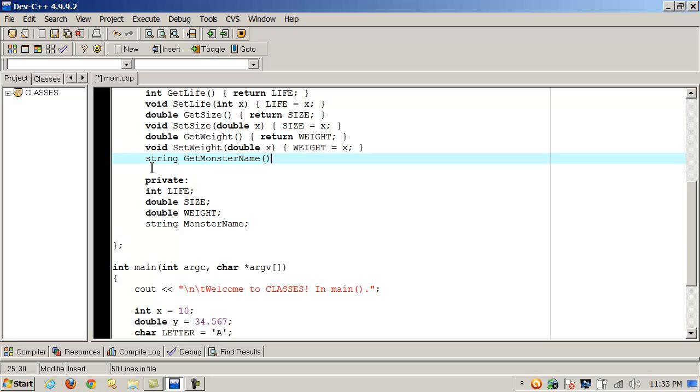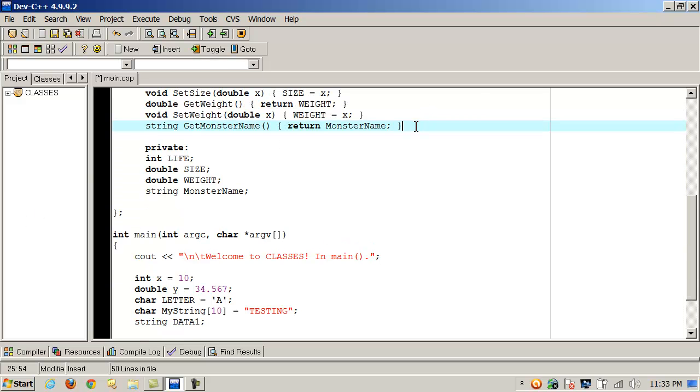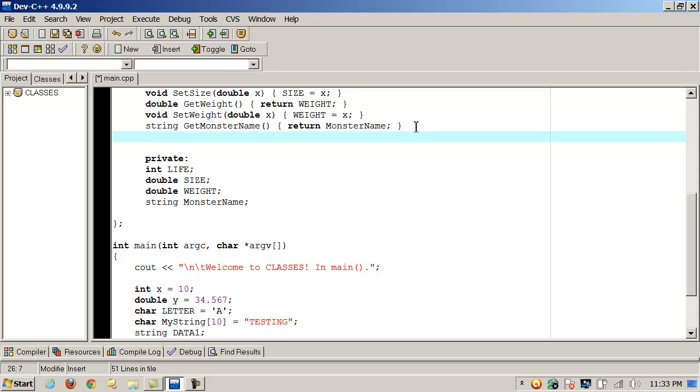Extradition. Okay, I don't need to take any arguments, and the action of the function or method is very simple. Just a keyword return and monster name. Okay, so I'm going to return monster name. And what about the set? Right, you guessed it. Don't have to return anything, so it can be void, but I do need to take